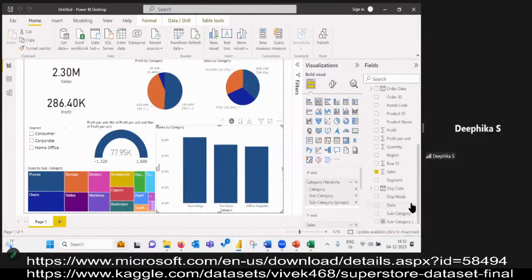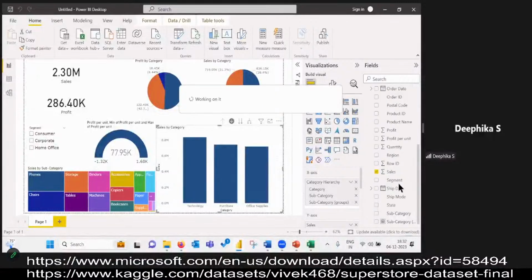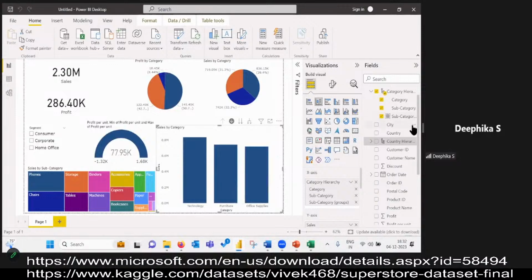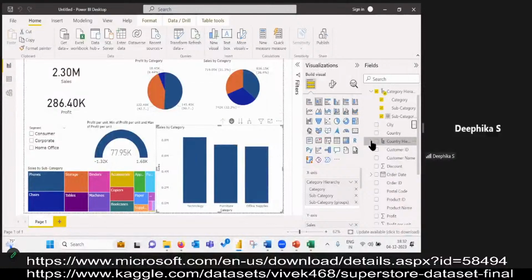There you'll go and add the sub hierarchies. So I'm going to go to state. I'll give add to hierarchy. Into country hierarchy I want to add. Then I will go to city and I will go to add to hierarchy, country hierarchy. So now I have my new hierarchy for country ready. So when we use hierarchies in your dashboard, you will be able to create more